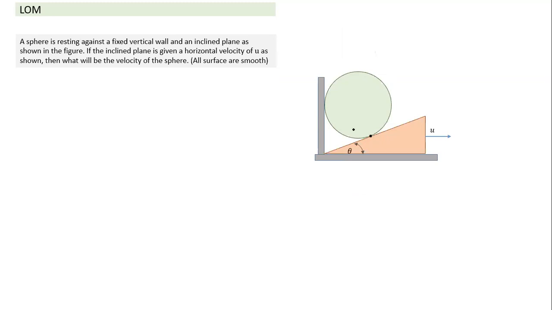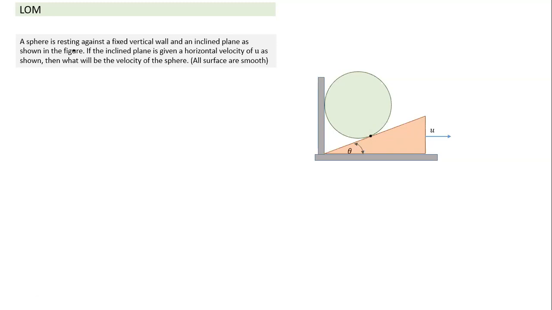So this is constrained to move between a vertical wall and an inclined surface. So motion is constrained in some form. There are two objects in motion here, the inclined plane and the sphere. And when they move, their displacement, velocity, and acceleration will follow certain relationships. What we need to do is find out that relationship.